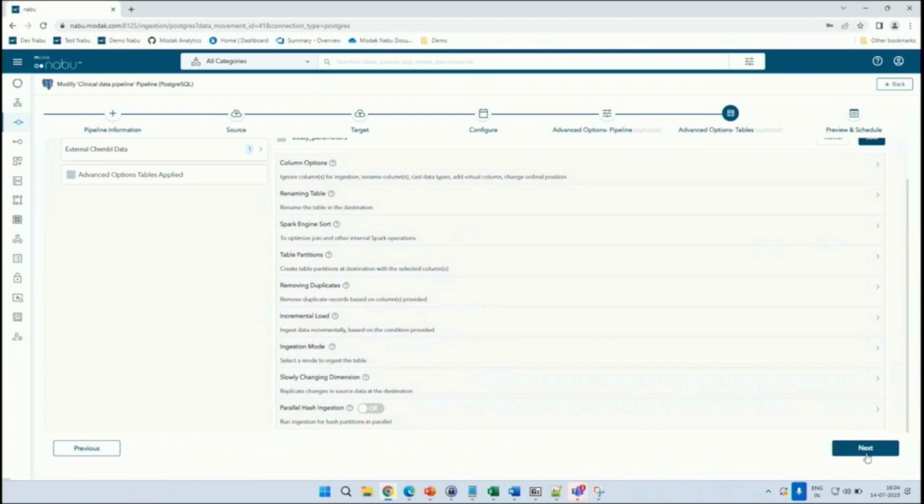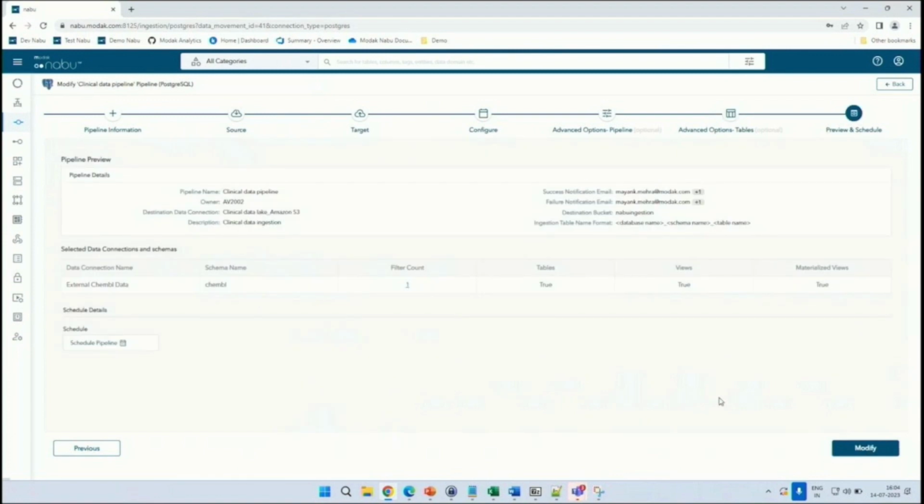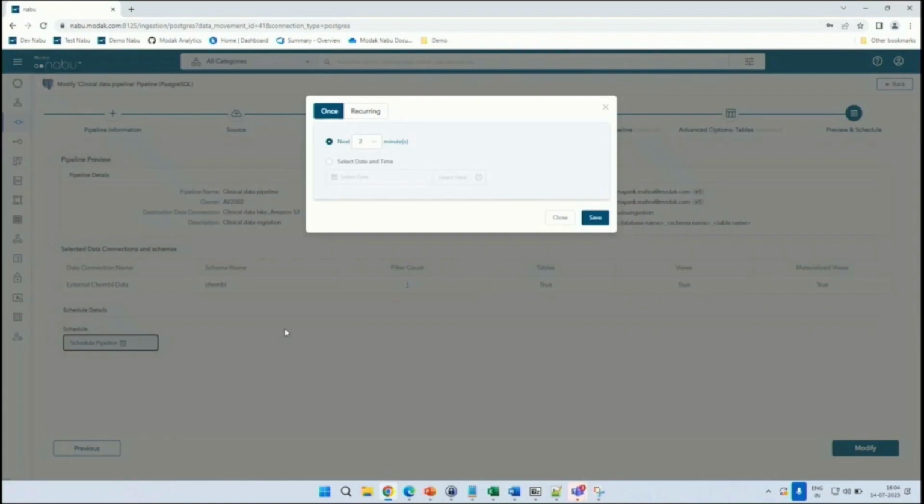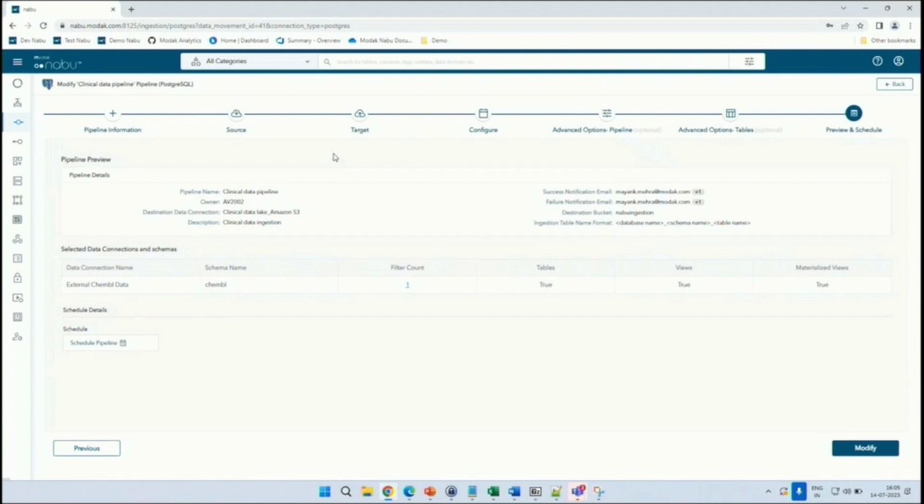at the destination. Once we've selected the options, selected the tables from the source, identified the target where we need to land it, configured the data movement in terms of the compute engine to be used, and set any kind of advanced options, we can then schedule the pipeline to run at a regular frequency or run it at once, and then the data will be ingested in bulk from the identified source to the target using the configuration provided and applying any kind of different advanced options.